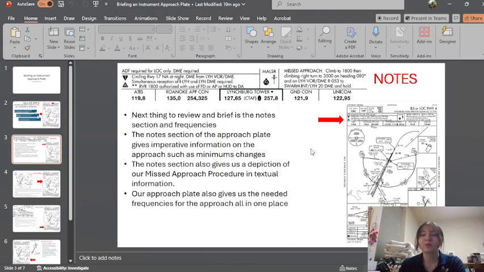Next, we're going to be looking at the notes section of our approach plate, and this is some pretty imperative information to brief. I usually check this before I actually execute the approach, like before the flight. But sometimes we don't get that luxury to check out the notes beforehand. The notes section gives imperative information about minimums that might be different or might be changed, and it also gives us